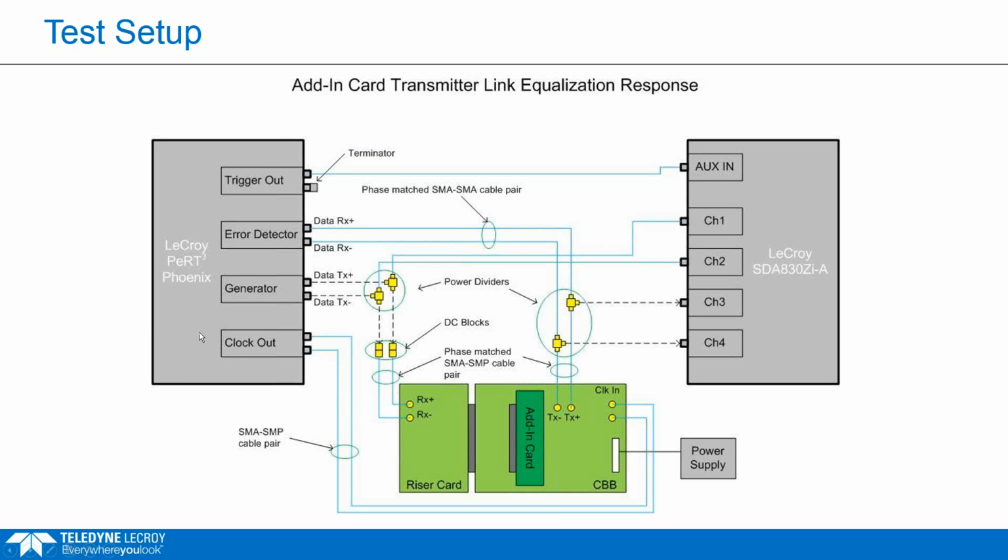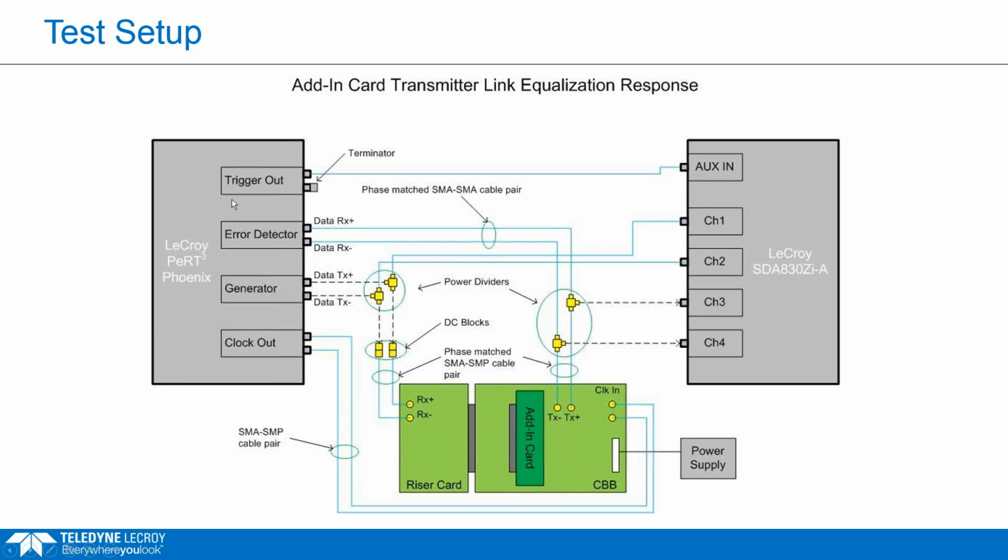So the PeRT can act like a PCI Express port, and it can act like either a system or an add-in card depending on what you're testing. So in this case, we're testing an add-in card, so our PeRT is going to be behaving like a system. And it's a system that we can configure and that we can control how it's controlling the add-in card. So we're using this as a system, but also a way to control the add-in card and to exercise the different functionality that we're trying to test.